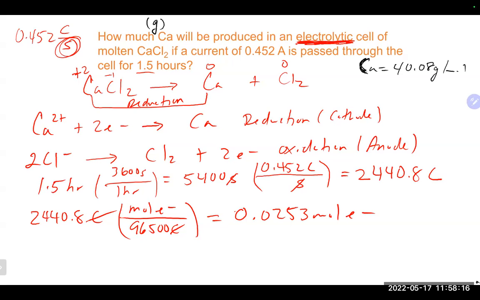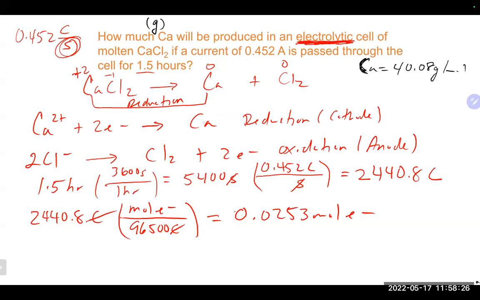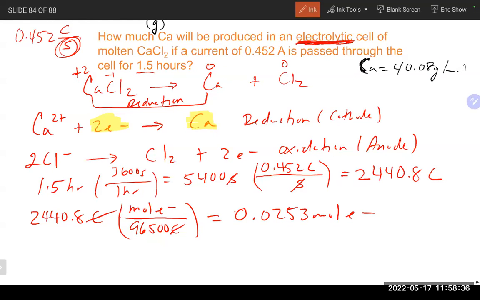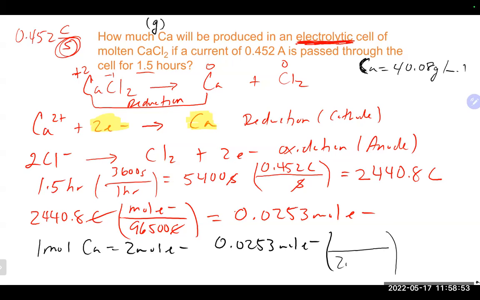Really, at this point, we could tackle both. We could do chlorine and calcium at this point, but we will just do the calcium, which is what it asks for. So in this particular case, if we look at the balanced half reaction, we see that for every 1 mole of calcium there, we have 2 moles of electrons. So we're going to use that as our conversion factor here. For every 1 mole of calcium, 2 moles of electrons. So taking our 0.0253 moles of electron and using that conversion from the half reaction, basically divide that by 2,